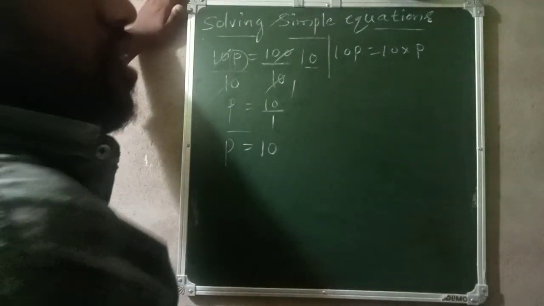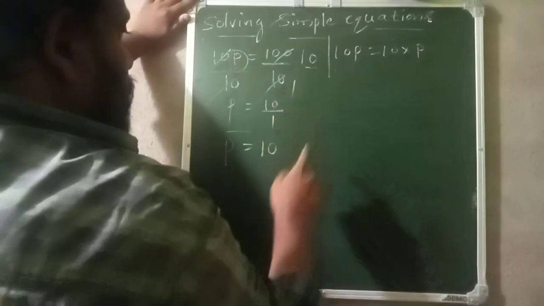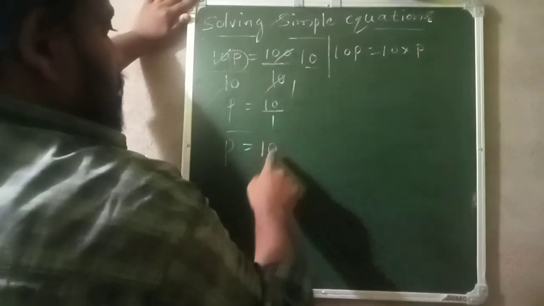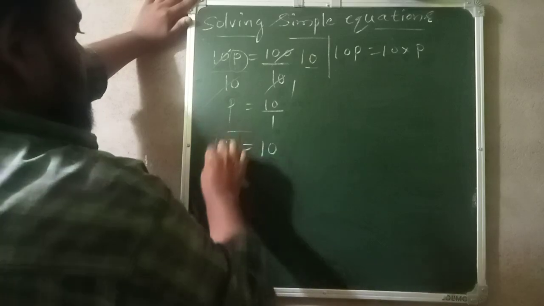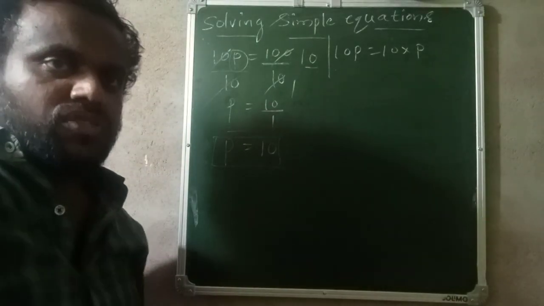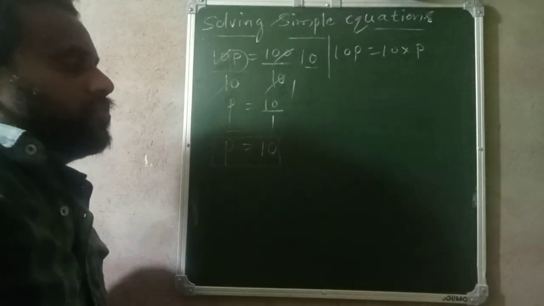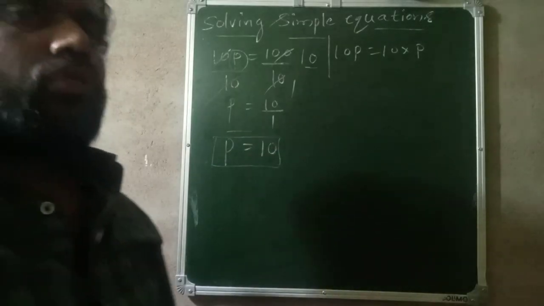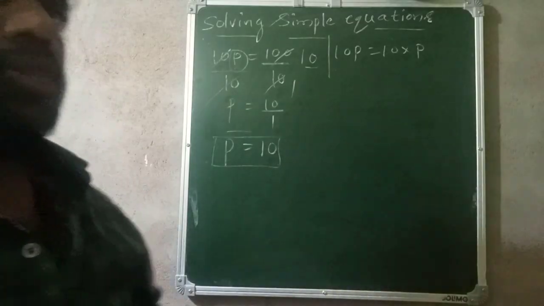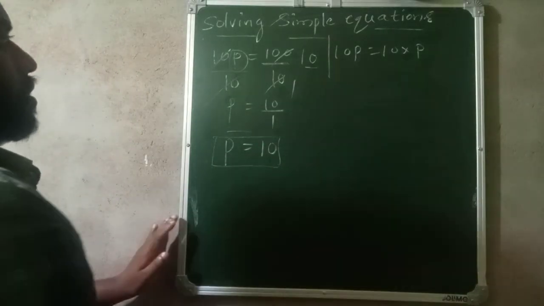Any number divided by 1 will give the same number, 10 here. Now p is equal to 10 is the answer. This is the answer. Now we will check whether this answer is correct or not. So for that,